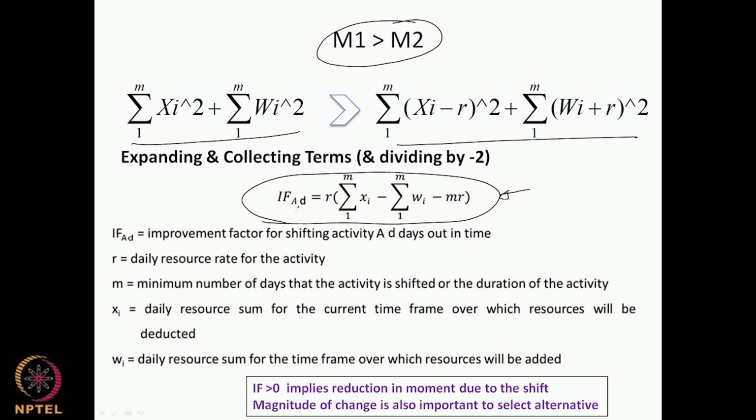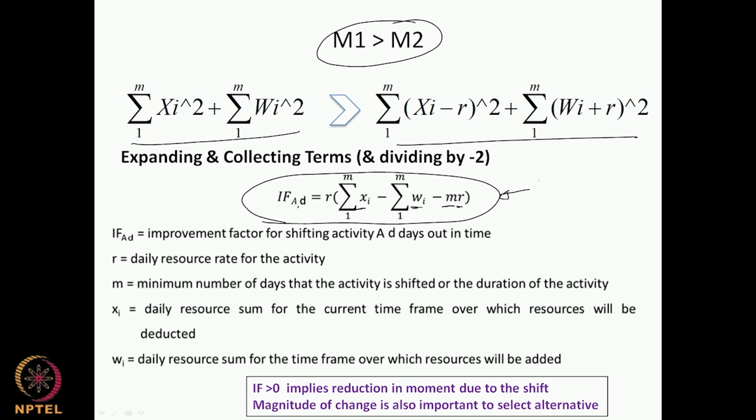Here we have the improvement factor of an activity moved by d days. It is the sum of the resource load for the days from which it was moved to the days it is going to be moved, multiplied by the number of resource days that have been moved, again multiplied by the resource load of the activity. So this is the improvement factor, and as you can imagine,